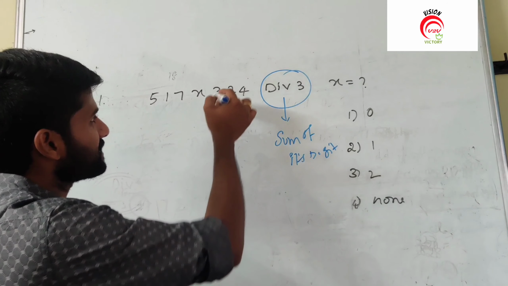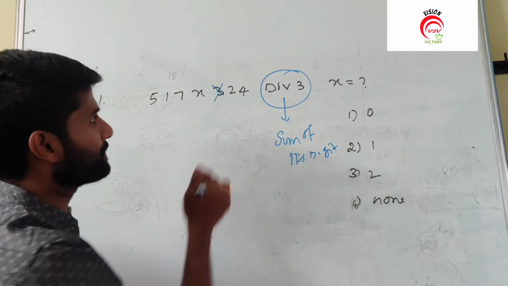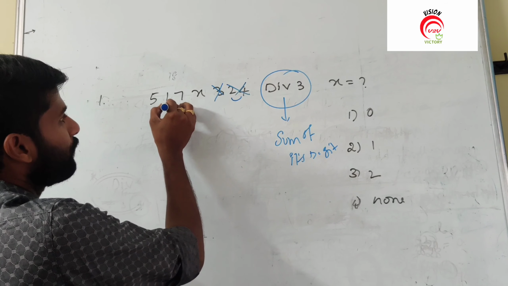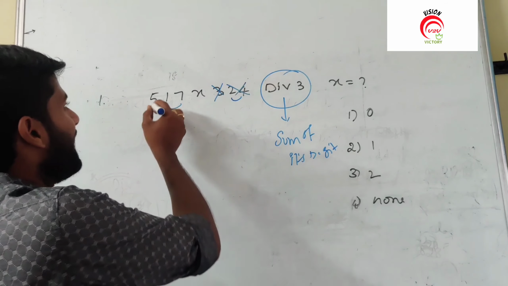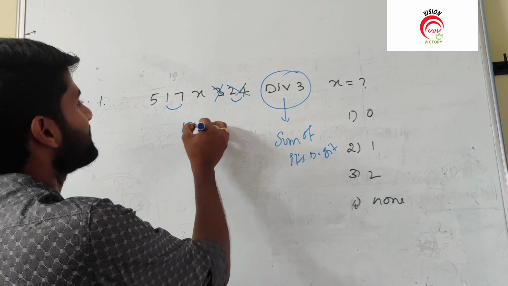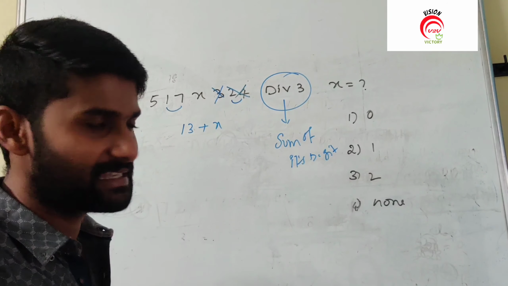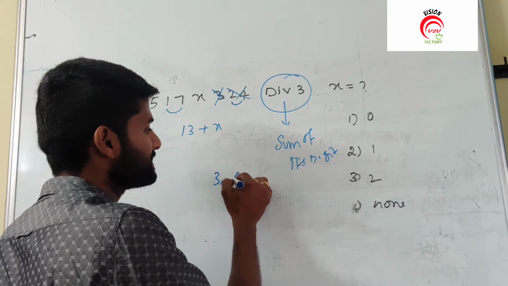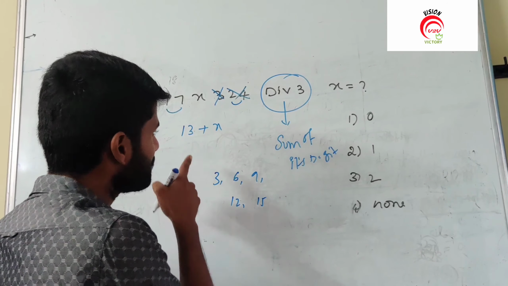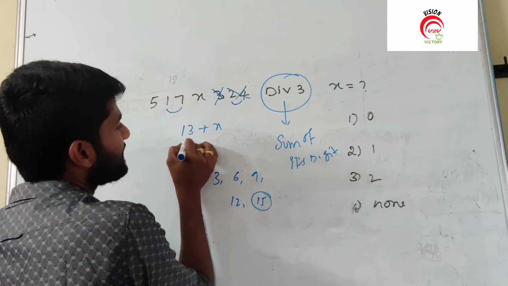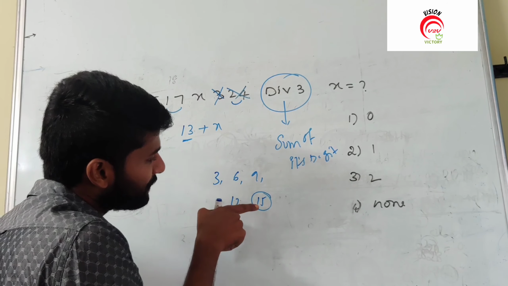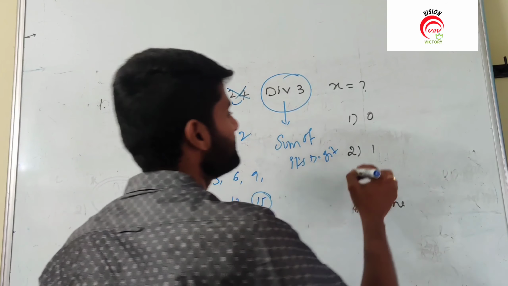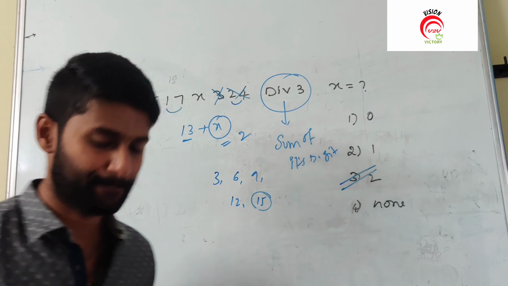So don't go with the entire addition. First of all, absolutely this is divisible by 3. Again 2 plus 4, we get the resultant 6. Definitely that is also divisible by 3. Again 1 plus 7 is 8, and 8 plus 5 is equal to 13. So the final resultant is 13 plus x. If it is a multiple of 3, what are the multiples of 3? 3, and the next numbers 6, 9, 12 and 15. See what is the nearest number? 15. But we get the resultant 13. If you want 13 to become 15, definitely x can be replaced by which value? 2. So what is the value of x here? That is equal to 2, that is option 3.